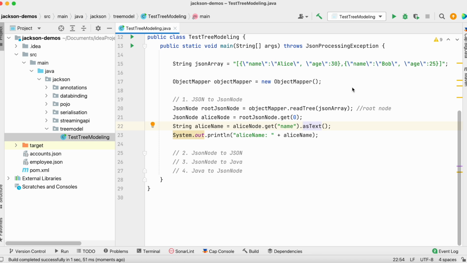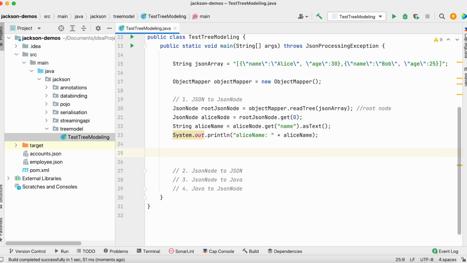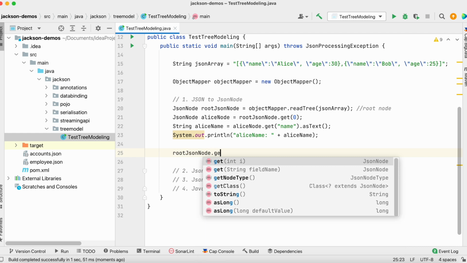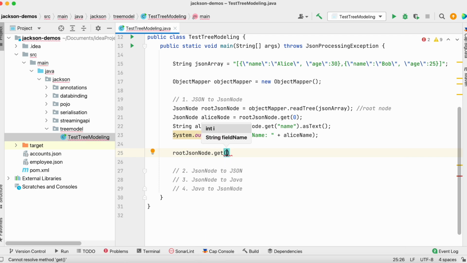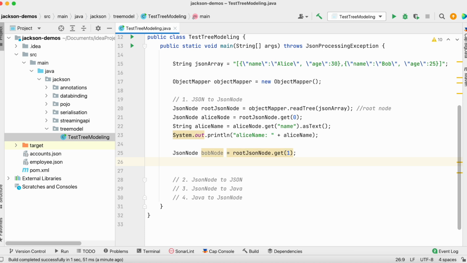Inside that, I am getting a value whose key is name, and the returned data is as text. Let's suppose I want to get the age of Bob. How will I do that? From the root node dot get, and I know that the Bob object is at the second location, so the index value is going to be 1, and the JSON node, let's say Bob node, and from the Bob node my expected data is age, which is going to be an integer. So Bob age is going to be